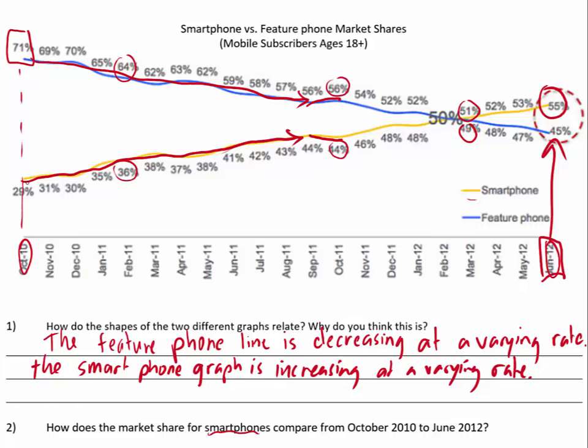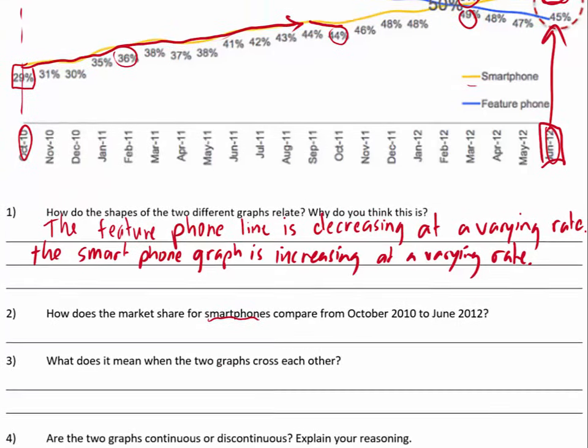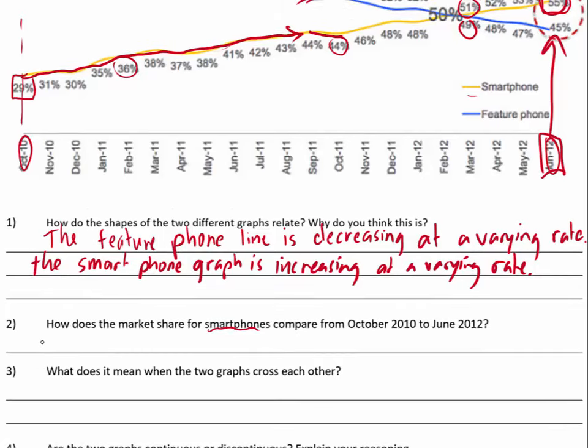So when it started, it was at 29% back in October 2010. And then we finished all the way up here at 55%. So the market share, or the amount of smartphones, has increased by quite a bit. So we need to write a sentence that says that. It has increased